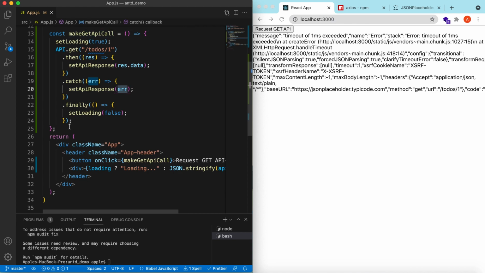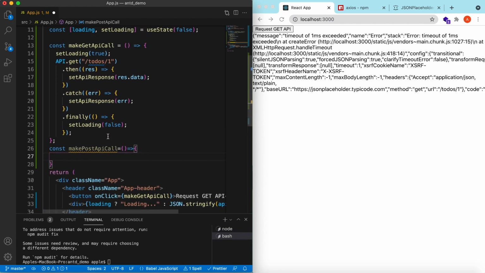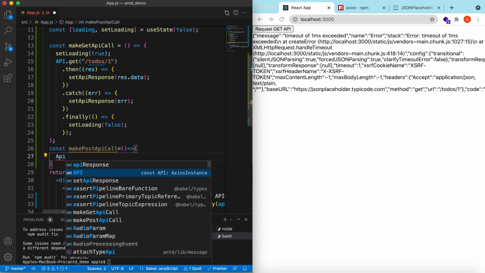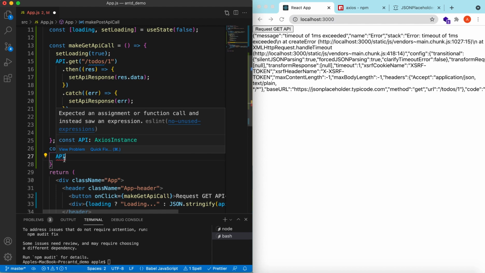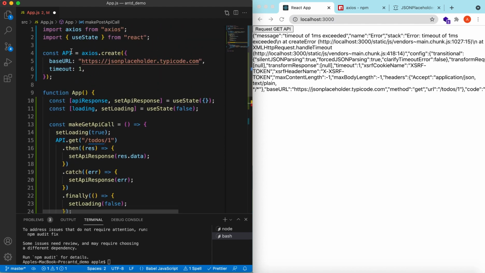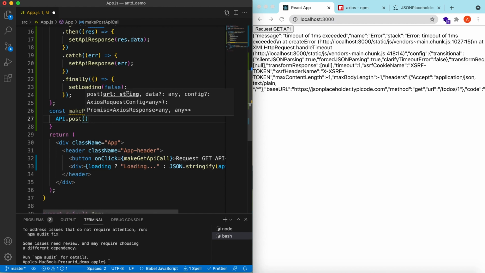So in a similar way we have made the get API call, we can make the post API calls. Let's add a function called make post API call, and in a similar way we can use Axios dot request, or maybe Axios dot post, and also the instance we have created. The way is similar to what we used for the get. So let's use the API. So API dot post, so we will be providing the URL, only this part,